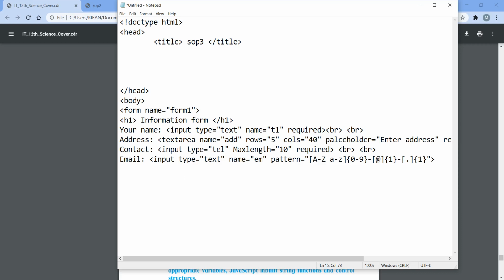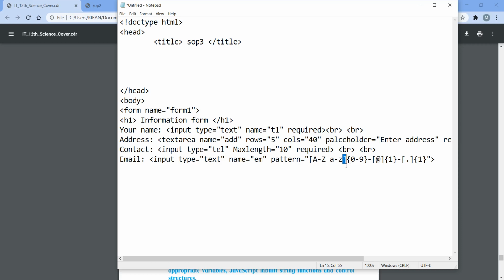Okay, now what is this? We have used a pattern attribute. Why is the pattern attribute used? Means that whatever string we are including in that particular text box, it should have this particular pattern. Whenever we enter an email in this text box, what characters can we enter in that email, that we have defined in this pattern attribute. Now in square brackets I define what characters I can include. Means first I can include capital A to Z and also small a to z. So I have defined that in a square bracket.